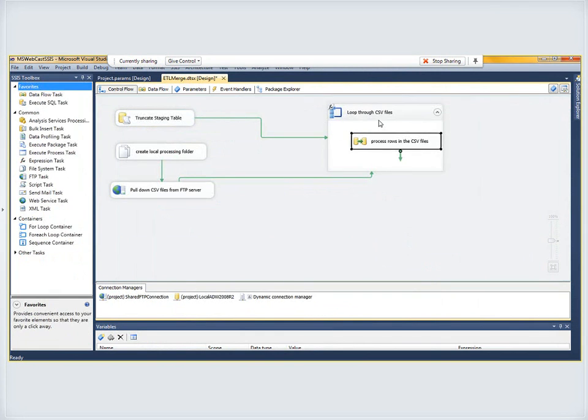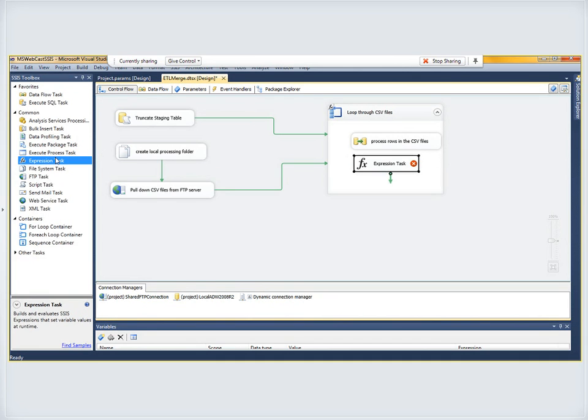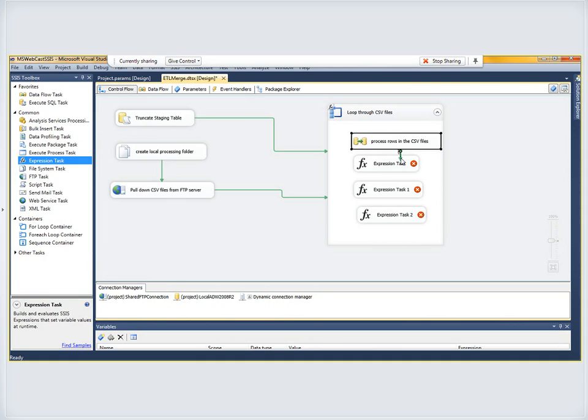So that's going to run back in the control flow for every file that we encounter. Now, we need to accumulate those variables. So what I'm going to do is bring in 3 expression tasks that are going to accumulate the 2 variables for the counts and increment the number of files we processed. And I'll set this up with precedence constraints here inside of the for each loop. And this one will be accumulate good row count. This one will be accumulate bad row count. And this one will be